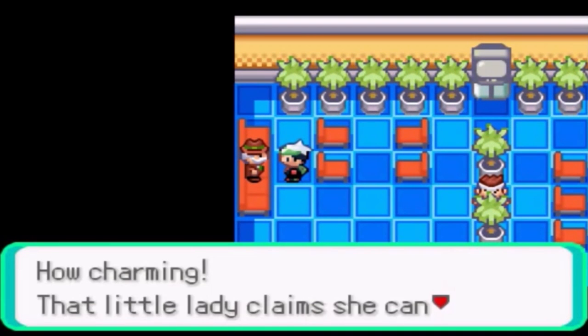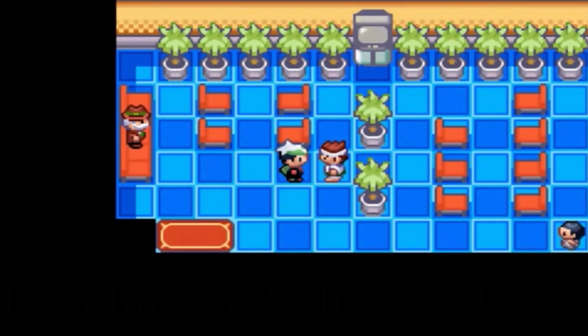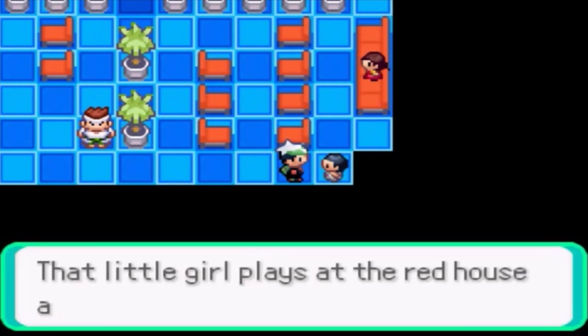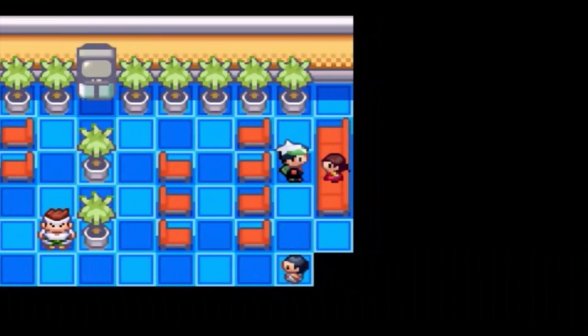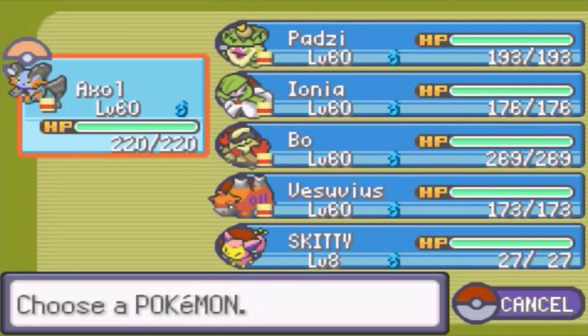Let's see, how charming, that little lady claims she can understand Pokemon. If I remember correctly, the little girl here will tell you how your Pokemon will do in the Battle Palace. You know, that little girl plays at the Red House a lot. That's probably the Battle Palace, because that does have a red roof. Let's see, what do you have to say about...